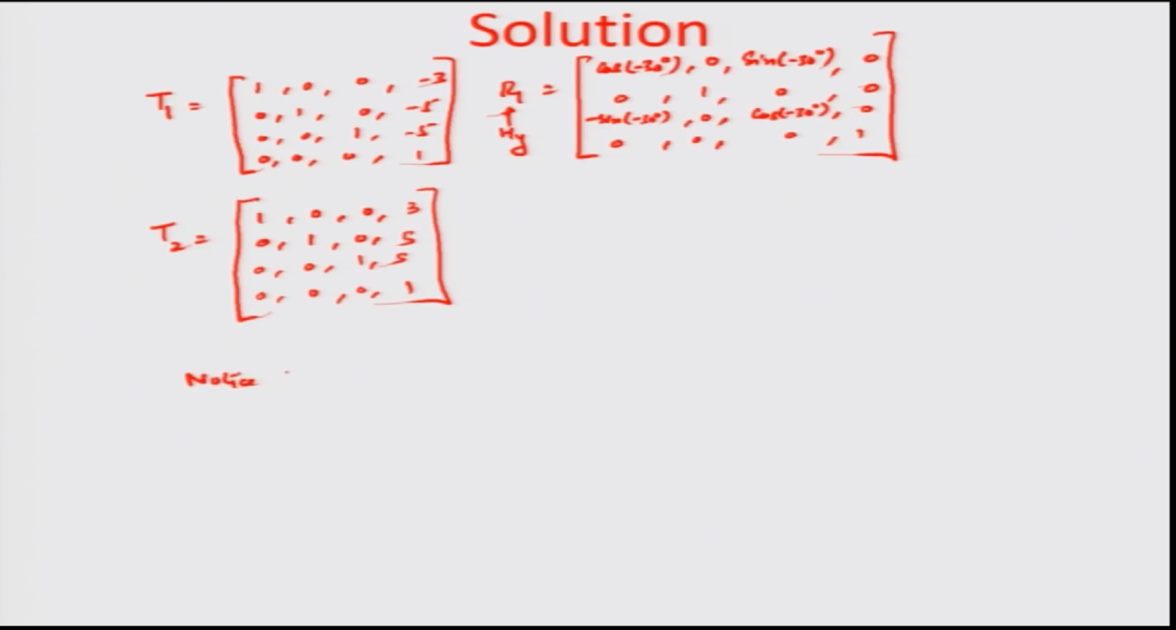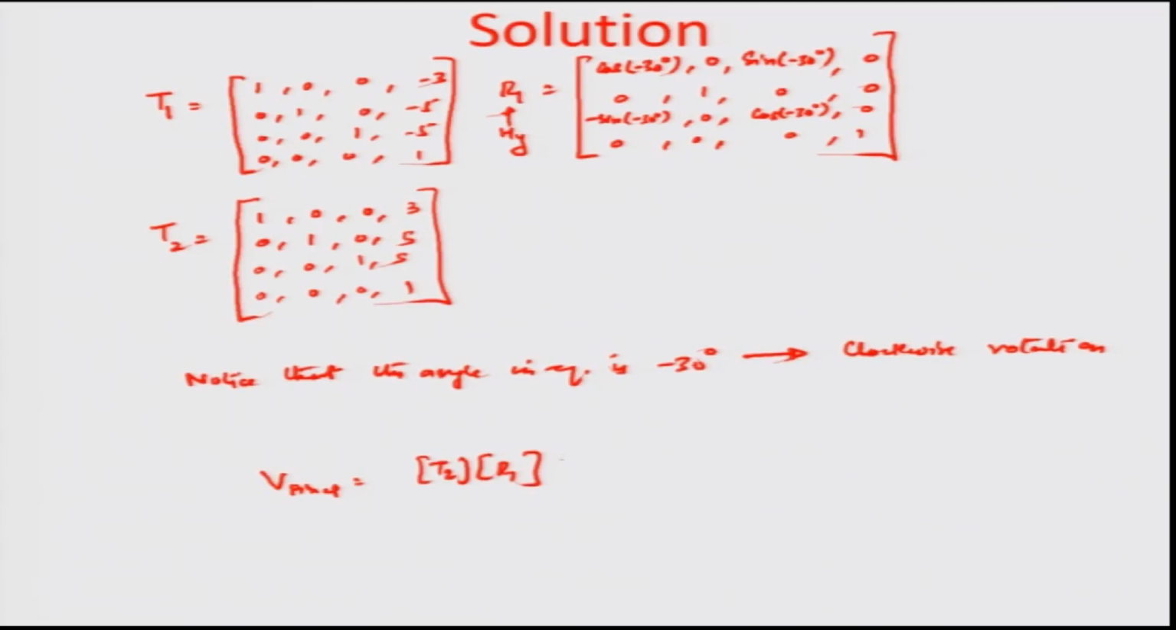Just to notice here that the angle in the equation is minus 30 degrees, indicating clockwise rotation. This is the normal sign convention that we are following from trigonometry. So, that is how angles are symbolized. And so, if I wanted to actually now apply the transformation equation V final equals T2 R1 T1 times V initial,